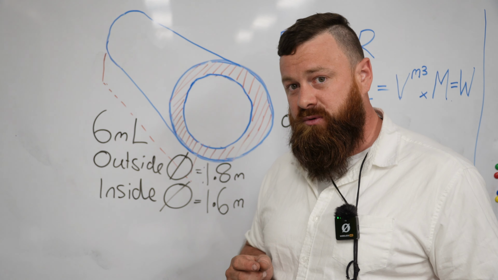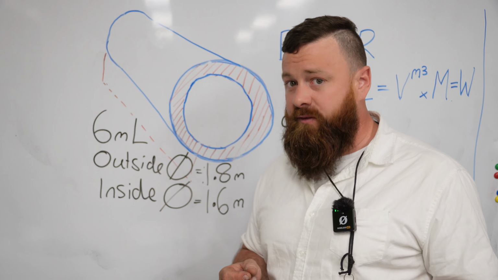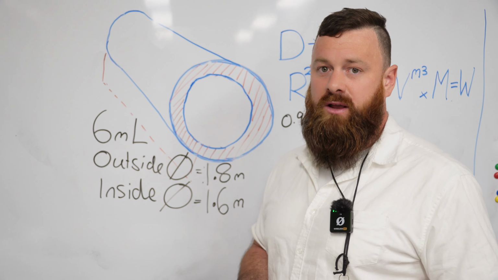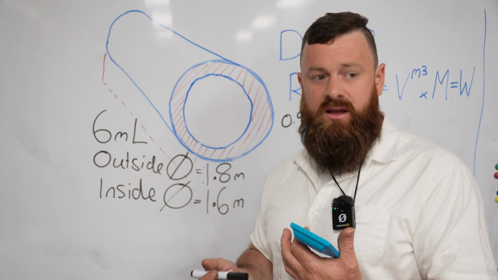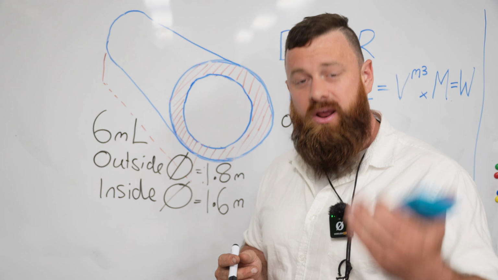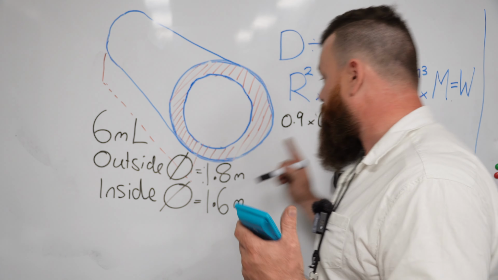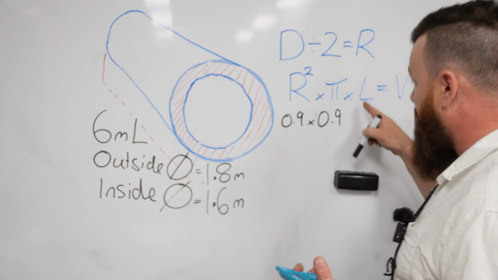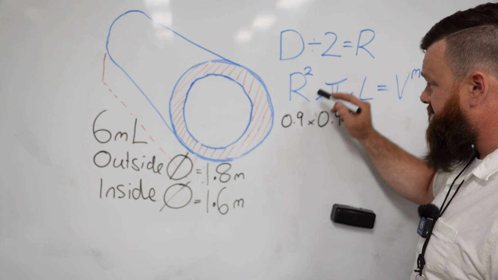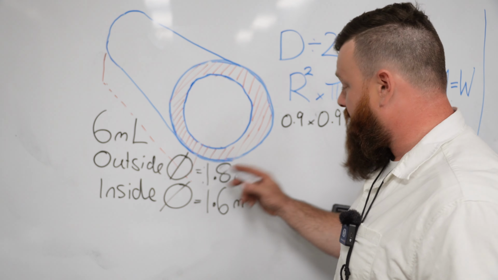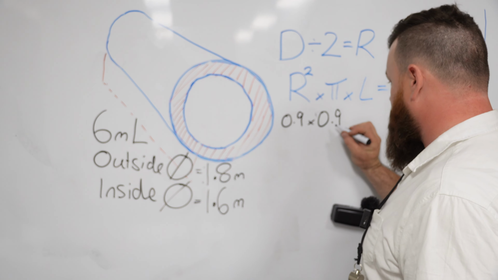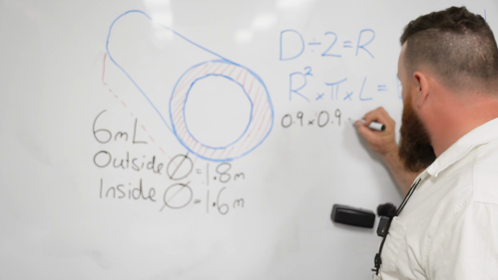Do not press the equals button now. It doesn't matter if you press the equals button, it's just going to take you a little bit longer and make you write a few more things. And that confuses me as an assessor and a trainer when I see students do this. It's not wrong, but I just want to make your life a little bit easier. Don't press the equals button yet because we're not finished our first part of the formula. So radius squared, our radius with a diameter for 1.8 is 0.9. So 0.9 times 0.9 times pi times